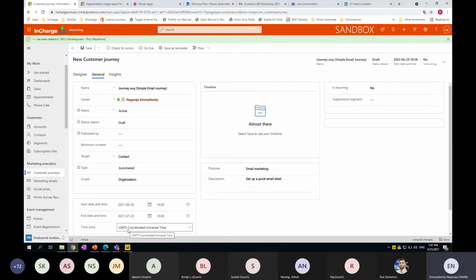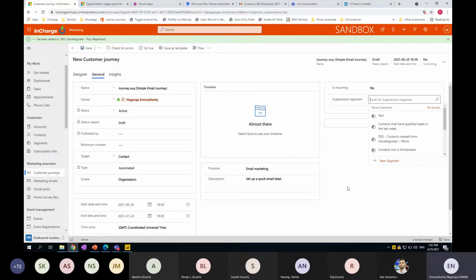Also, the dates are evaluated based on the time zone you have selected here. And the scope is similar to what we have defined for segments. And then you have one thing called a suppression segment. This is nothing but, suppose a segment is part of a customer journey, but